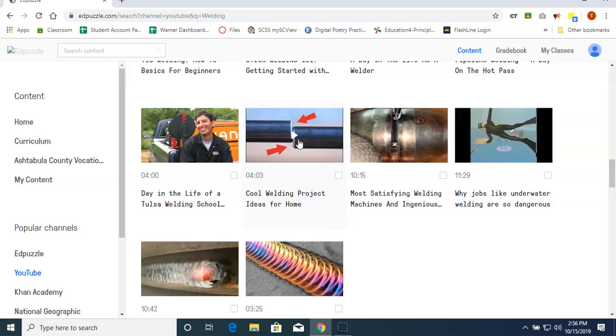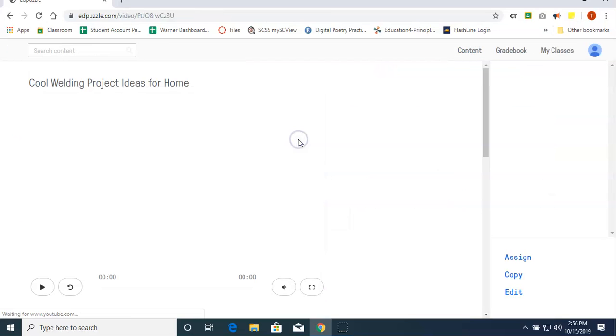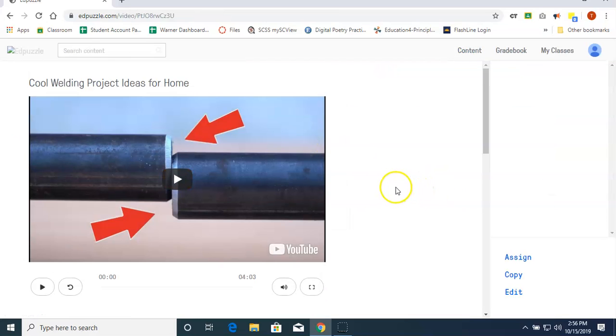So as I'm watching it, you're watching it, and you will see me create an interactive assignment based on the video. So I then select the video, and I want to make this as realistic as possible. You can see there's assign, copy, and edit on the right-hand side of the page, and then the video itself. If I choose edit,